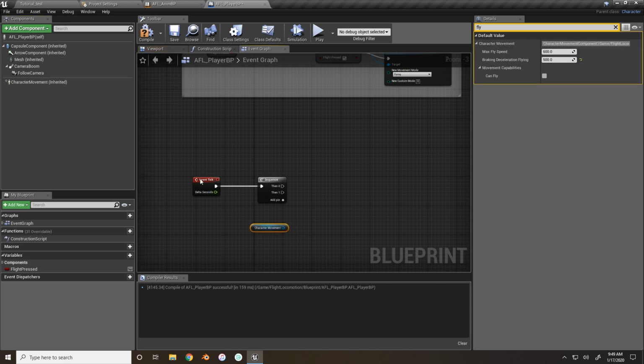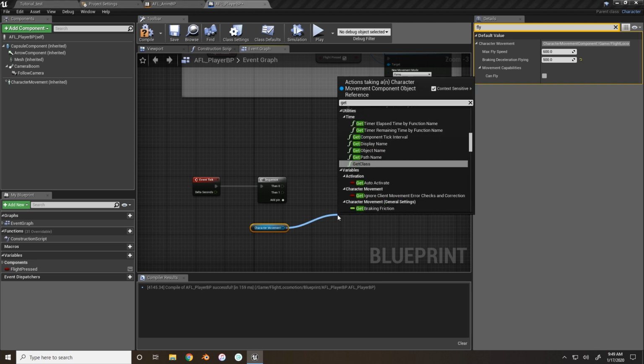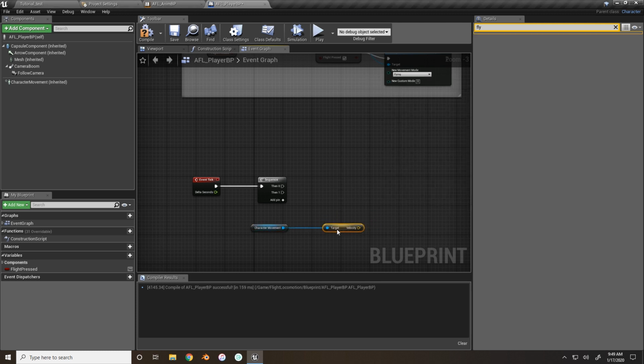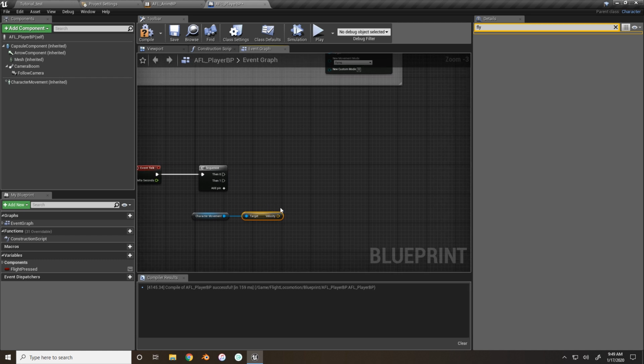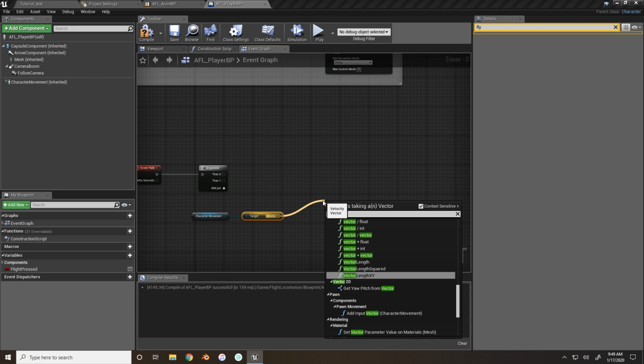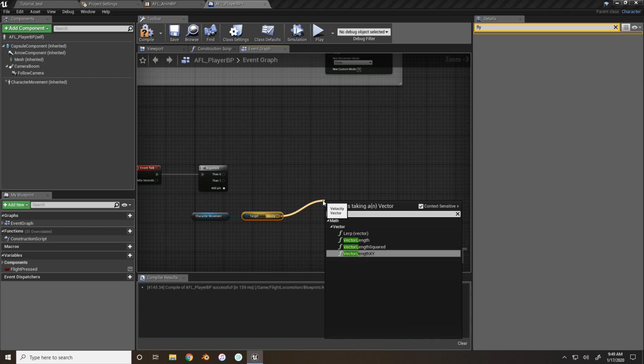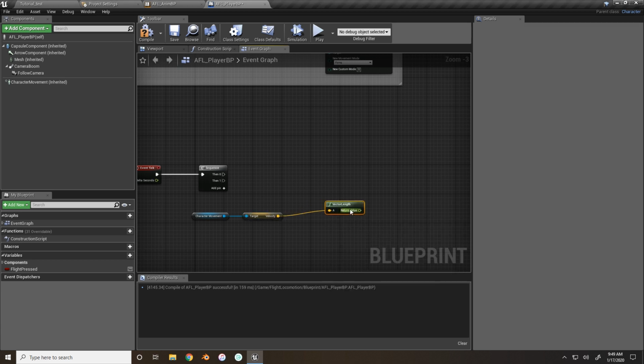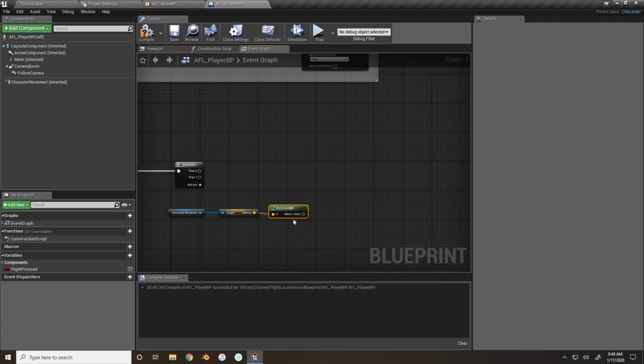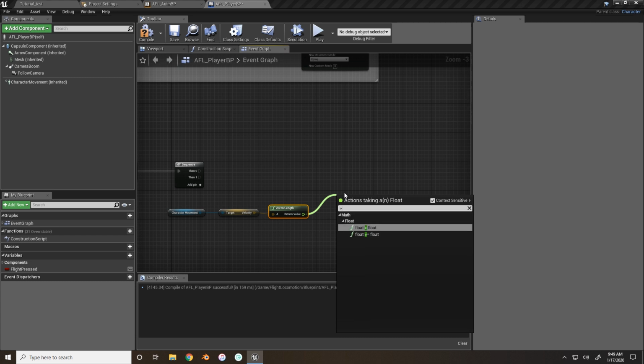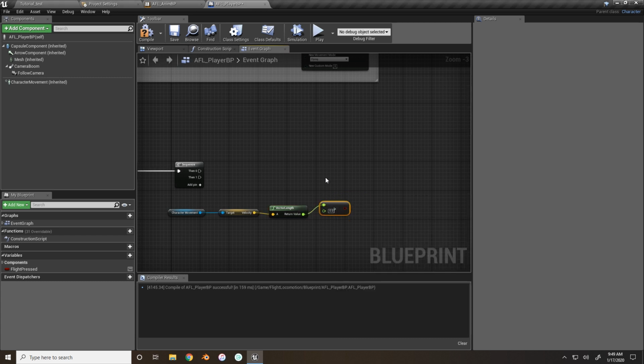So bring out character movement, and from this we want to get velocity, because the velocity determines if the character is moving or not. And to find out if it is, we want to find the length of our vector. So search vector length, and if this value is at any time greater than 0, not greater than or equal to (you can do greater than or equal to if you do greater than or equal to 1, but if it's at any time greater than 0), our character is moving. So connect this to a branch,